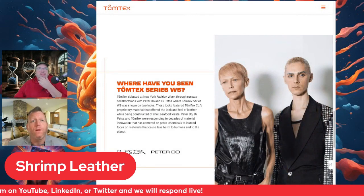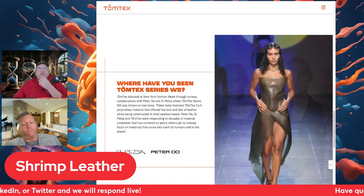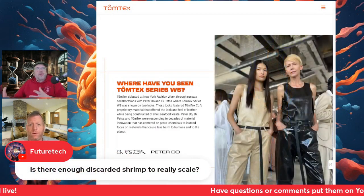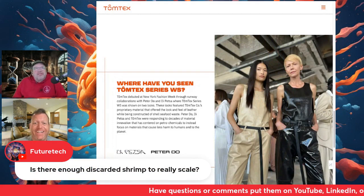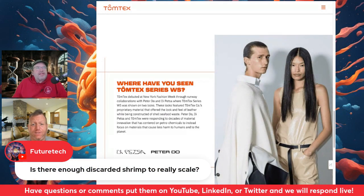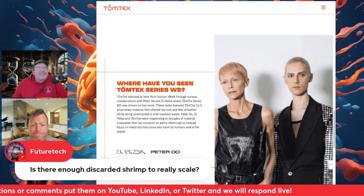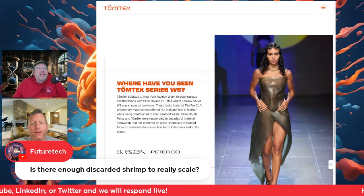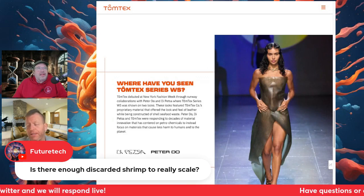Another person has a question here. Is there enough discarded shrimp to really scale? I guess there is enough worldwide, but they're not throwing it all in one basket for people to collect, right? So how do you collect it? That's what I was thinking too. So what they would need to do, like I think there is,